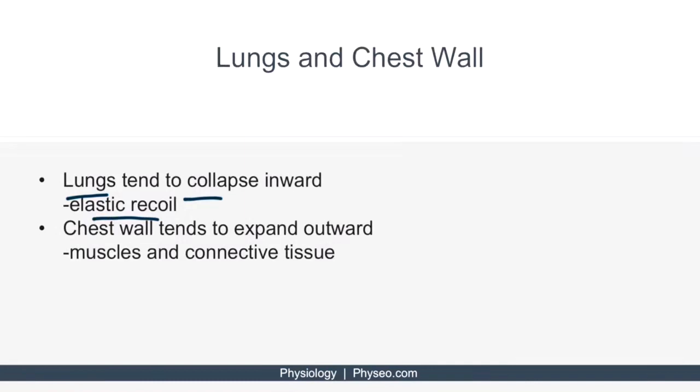The chest wall, on the other hand, tends to expand outward. This makes sense. The chest wall has a high density of muscles and connective tissue, so at rest, the chest wall naturally bows outward. With this in mind, let's look at a few figures and talk about these ideas in more detail. When pressure is applied to the lungs, they naturally inflate, which we can easily observe with a figure